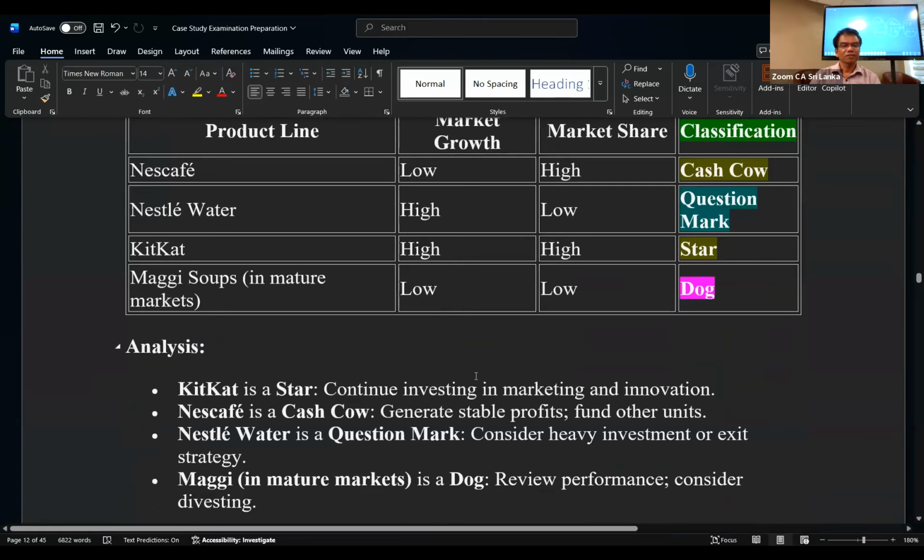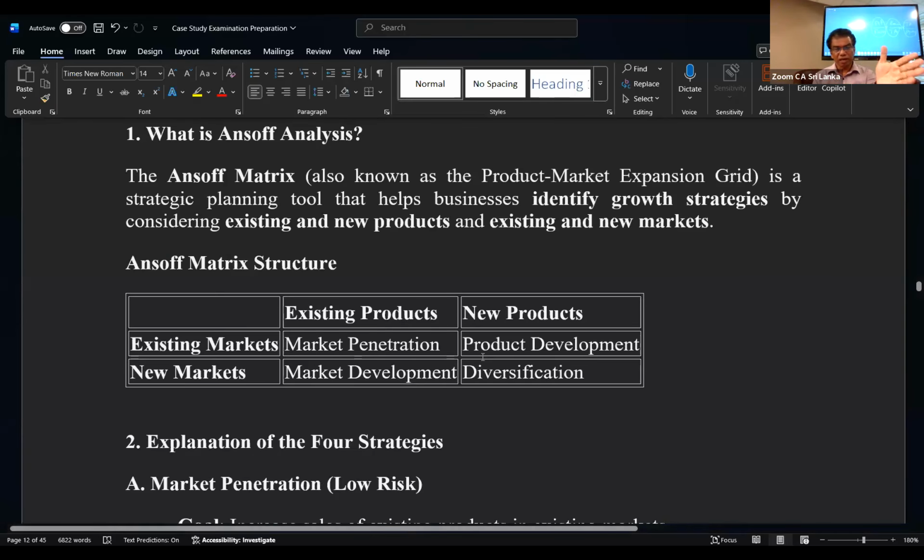And new market, exchange market, and the new market. That is also where students write paragraphs. The examiner says market penetration, and they describe penetration and then give no application. So don't do that. Find out what the answer growth strategy is. You have to select market penetration, and then you have to tell these are the items.